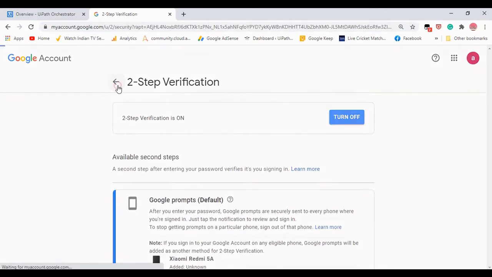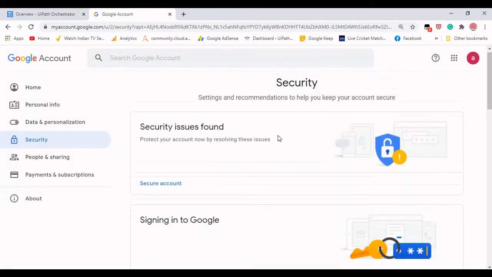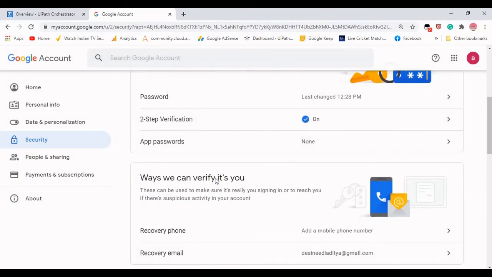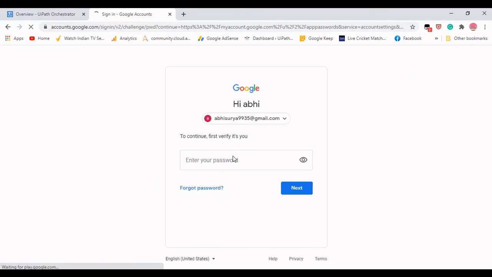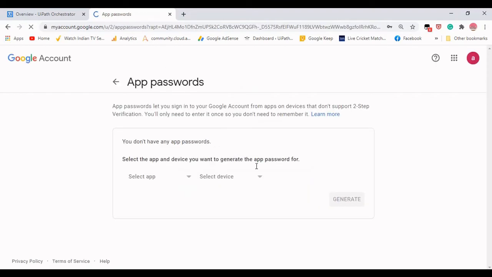Now if I go back there, we can see something called app passwords here, this one. If I click on this, it will prompt you again for the password. Provide the password for that and click on OK. Click on next, and you can see something like this.